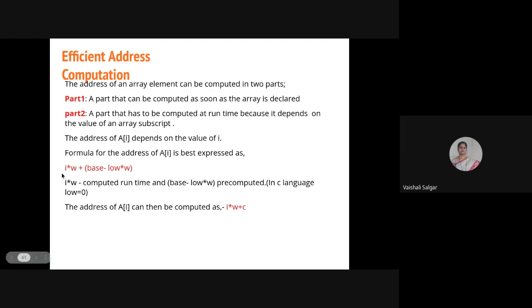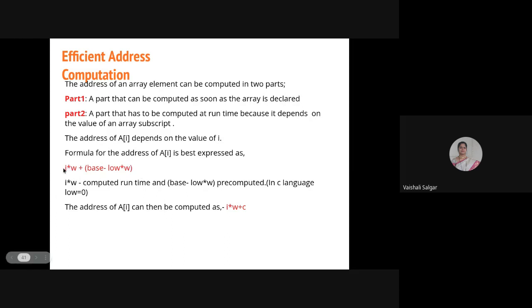So just now as we have discussed, the ith element, that is, when I'm saying second, it is nothing but i into W, that is the width of that particular component, which is based on the data type, plus base minus low into W. So let's check the formula carefully over here.